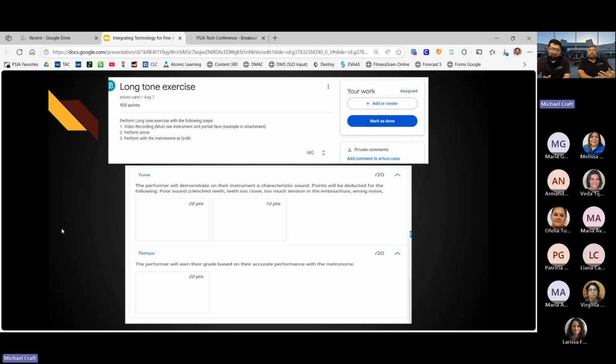Yeah, so if those of you have used this before, this is just the assignment in Google Classroom. I did a long-term exercise. This is going to be our first assignment for our school year. We use this one as a tester, that way the kids can really know how to use the exercise. It's going to be an exercise that they're all going to be successful at. And that's the one thing we want to breed, that success.